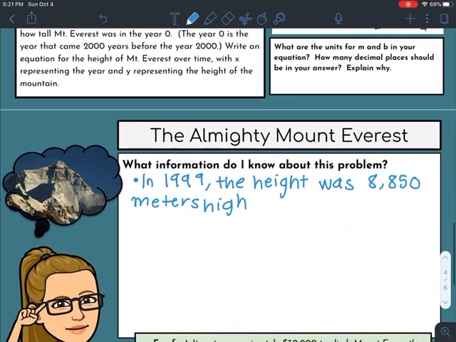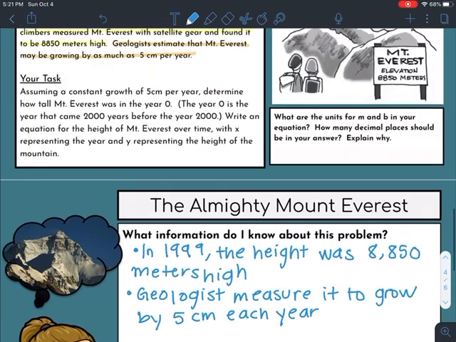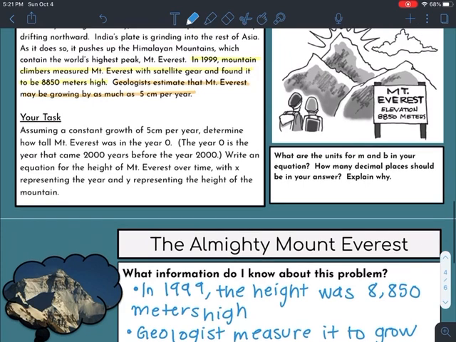Okay, so geologists measure it to grow by 5 centimeters each year. Okay. We also know that in this case what we're looking for,